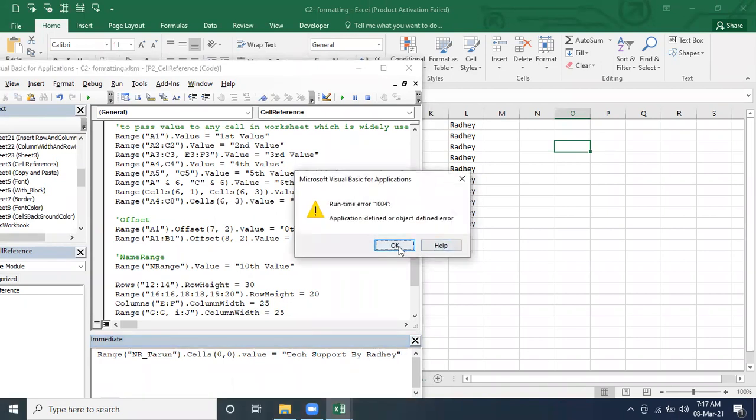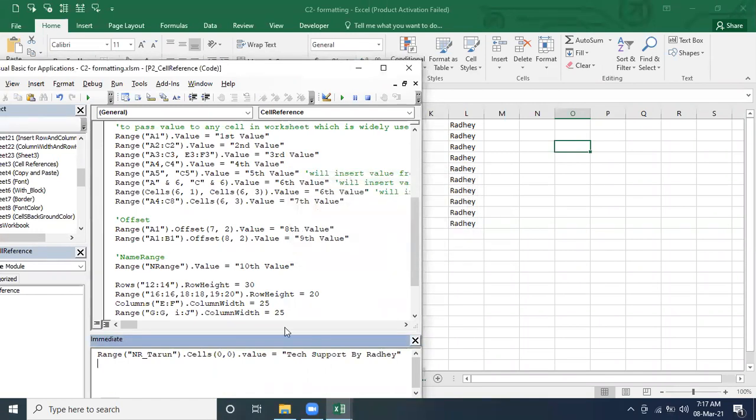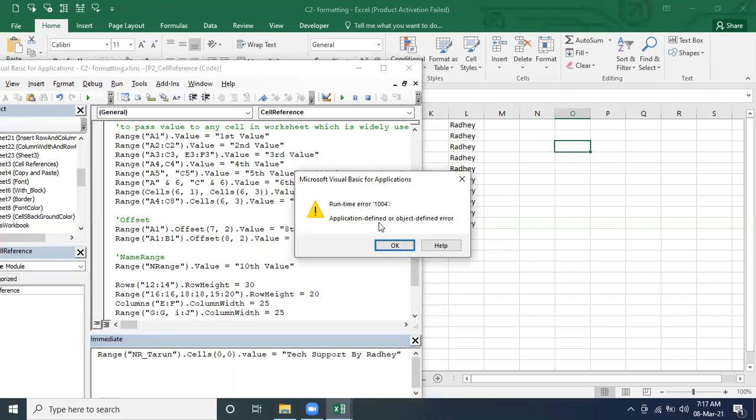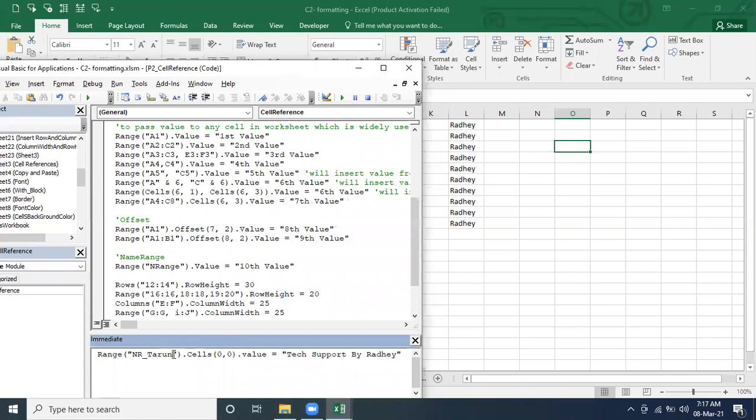Just see what this dot value does. Object defined error. So maybe let's see if I1 comma I10 is going to understand this or not.